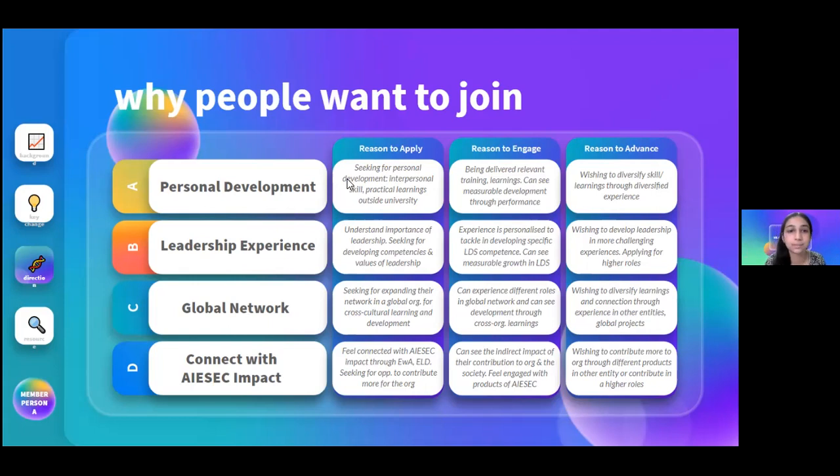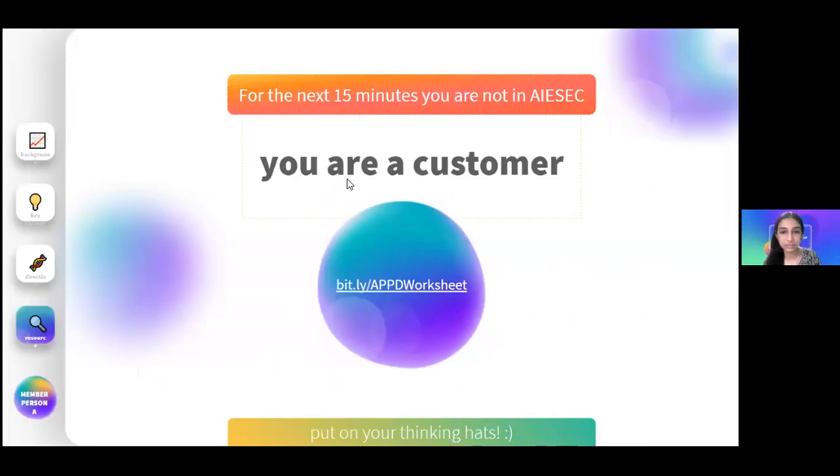Now, let's move forward. For the next 15 minutes, you are not in ISEC. And these are probably going to be the only 15 minutes when you are in ISEC, but you are not an ISECer, and you will be a customer. Now what we will be doing, some of you really like leadership experience as a reason to be in the organization. Some of you really like global networking. Some of you really like personal development. So based on these 4 reasons that we had, we will be opening breakout rooms,